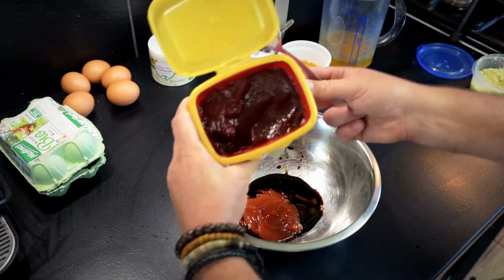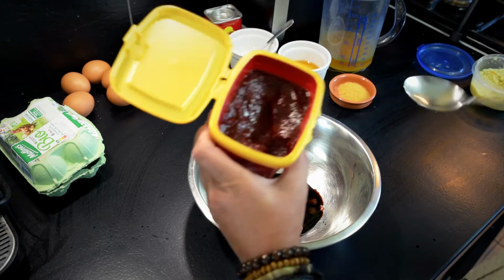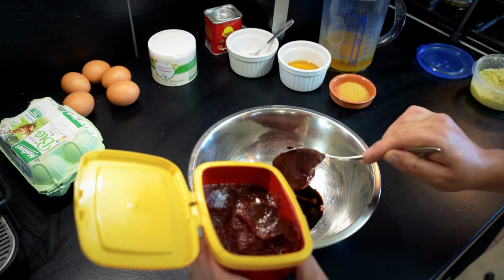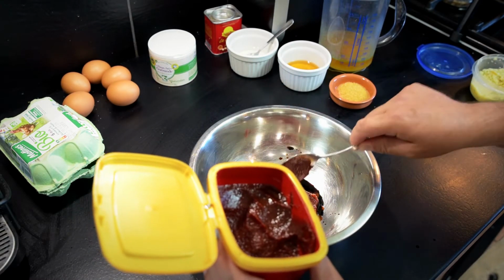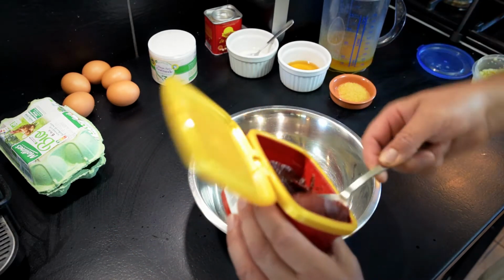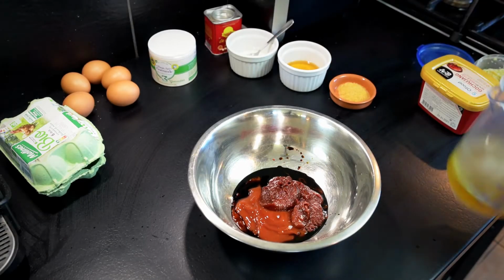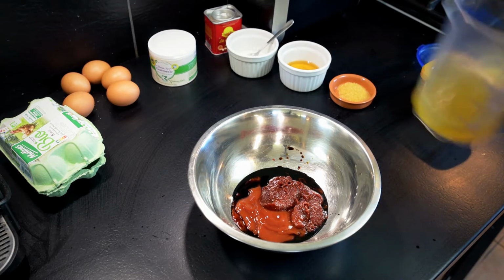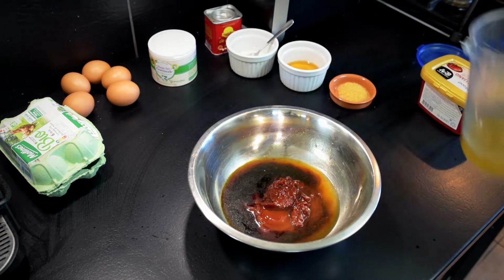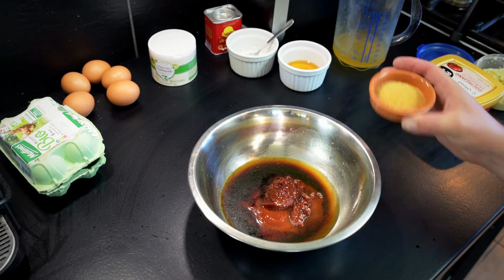Now then, here's a better look at the gochujang. I don't know if you can see this. It is a very deep red colour, and it's a really thick paste. So 2 tablespoons of that, and it's incredibly sticky, so whether I'll get 2 tablespoons of it actually out is another thing. Then I have 200 millilitres of chicken stock. I'm not going to put it all in, just in case the sauce at the end is too thick. I can always use it to water it down. 1 teaspoon of sugar,